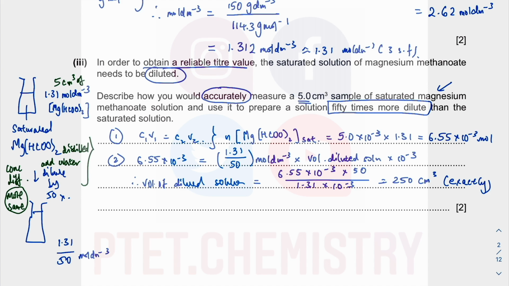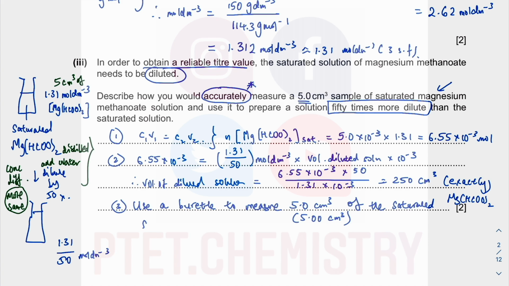Alright. And that seems to be a good sign, because making up to 250 cm³ is nice and easy with a 250 cm³ volumetric flask, something you will have known, yeah? But this question is not about making up the solution, it's about how would you accurately measure out. So use a burette to measure 5.0 cm³. In fact, it's 5.00 cm³, because you know a burette measures up to 2 decimal places, yeah, to plus minus 0.05, of the saturated magnesium Mg(HCOO)₂ solution,